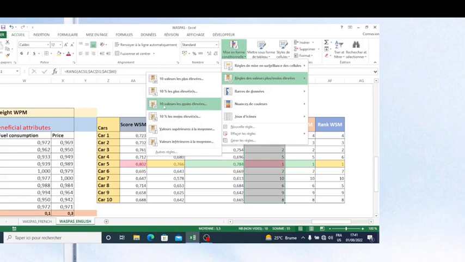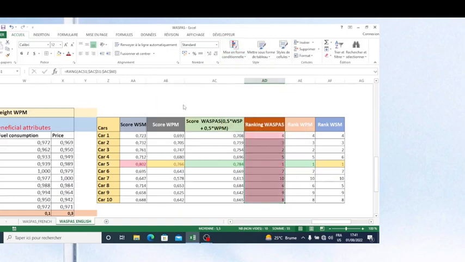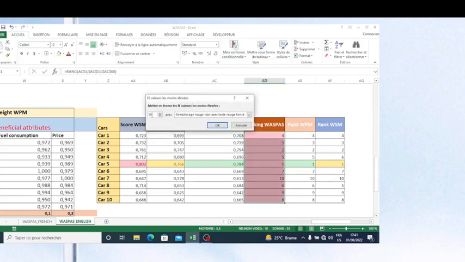You will find here top, bottom, but for the highest value you will see top 10. But here we need the smallest value to be bottom. I think it will be bottom, and you come here, press here, and you just indicate one value like this,